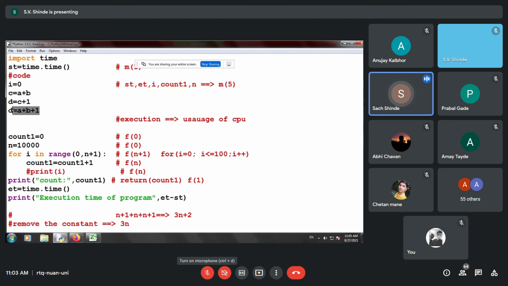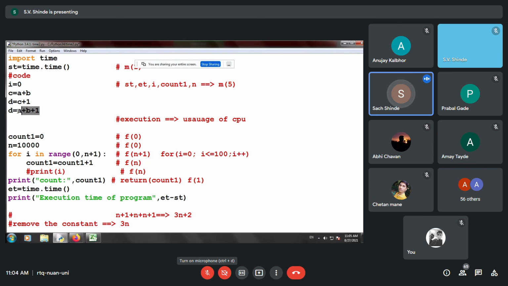So this is the correct method, because otherwise you have added one memory location, C, which is not required. This is called a memory inefficient program. When you write C is equal to A plus B and D is equal to C plus 1 as two instructions, this is wastage of memory, the memory of C is wasted.